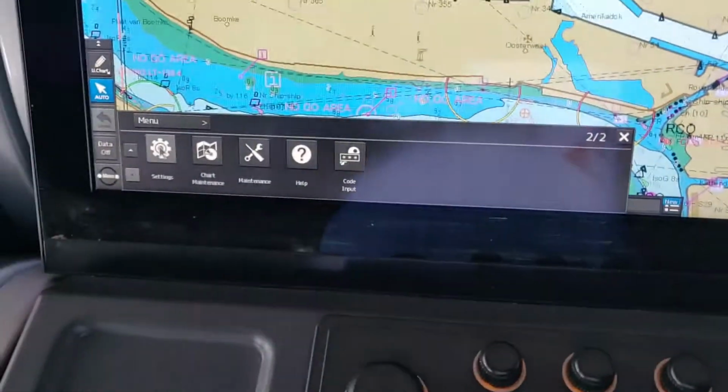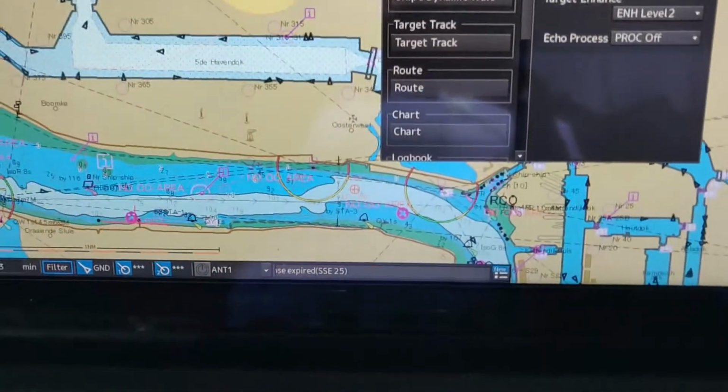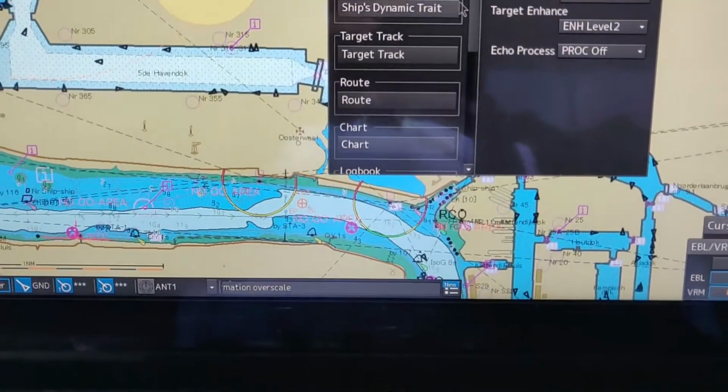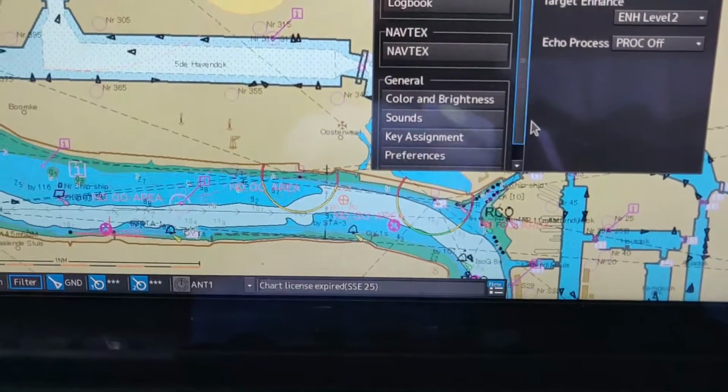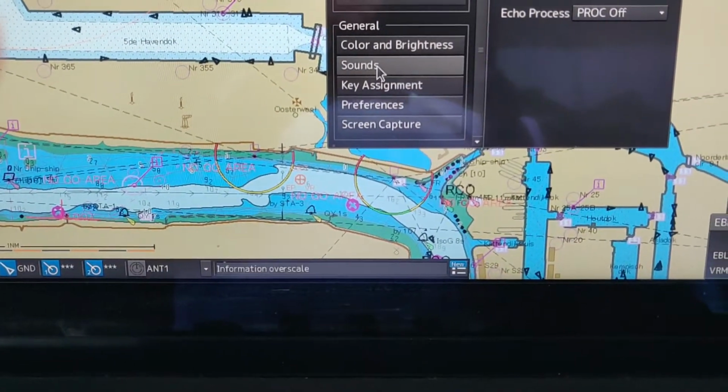Next we can go to the settings feature. Now settings feature has a few things, which is just the gain and sea. I normally don't fidget with all this. It is the default setting. The only thing that I do over here is if you see the sounds option, when I